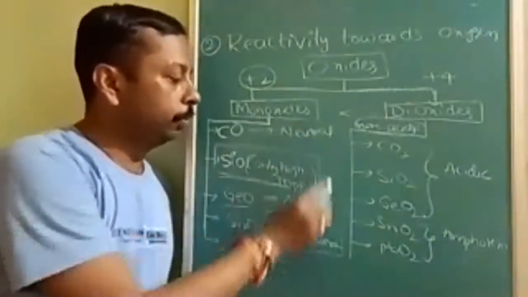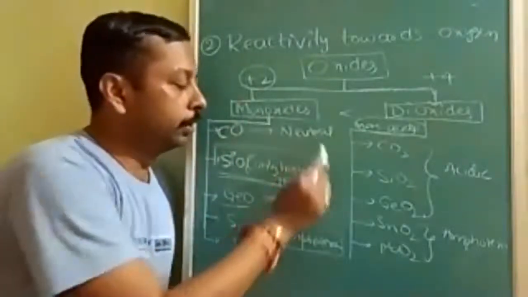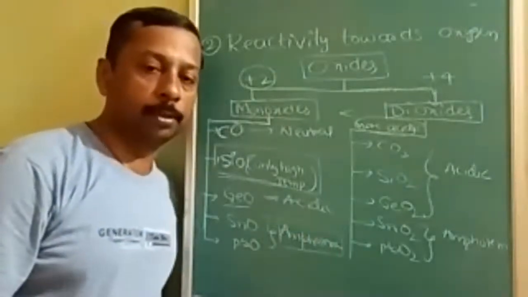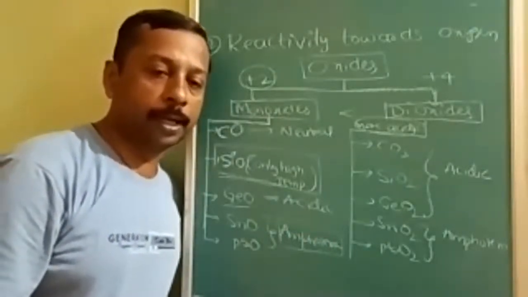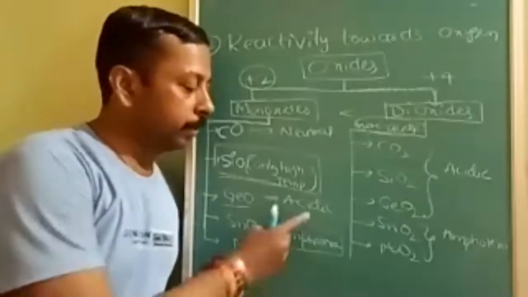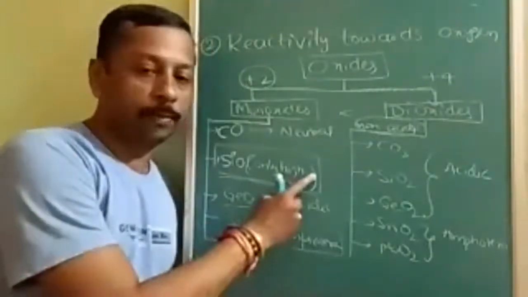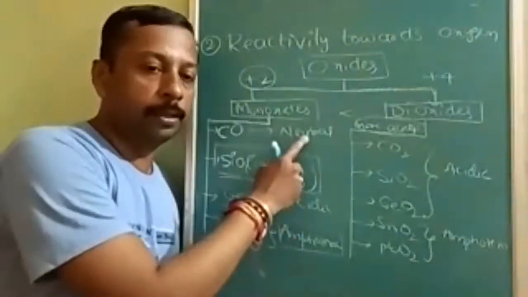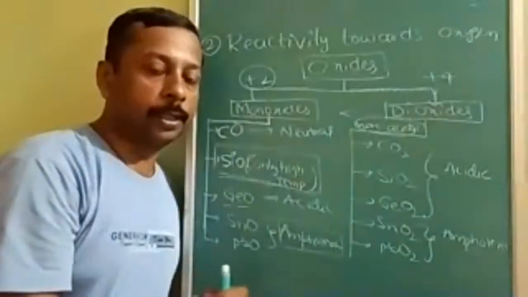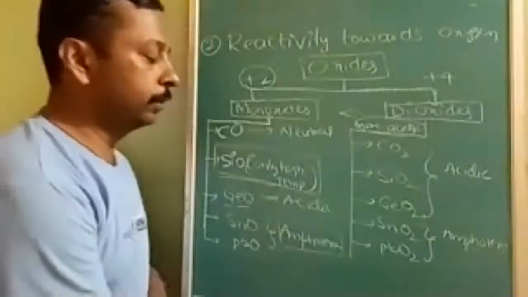So if you go by the trend, according to this it should be neutral, and according to that it should be acidic. We can only expect, because there is no feasibility of the reaction at room temperature. You can say weakly acidic, because down the group it is a weak acid, and this is also a weak acid, but compared with CO it is neutral, so it can be neutral also. So we can simply say weakly acidic will be the most likely.